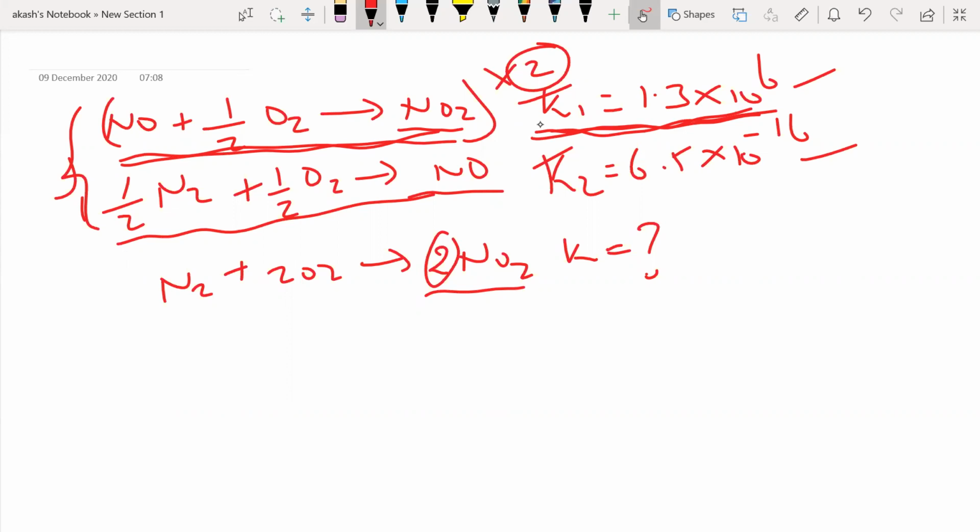It doubles, sir. No, that happens. If it doubles, it is going to be my enthalpy values. Like the energy, if you have energies here, say delta H is given or delta G is given, something like that, then yes, it will become 2 times. But what's for the equilibrium constant?